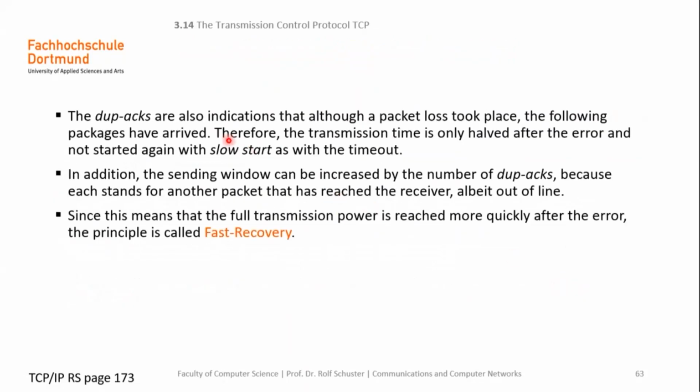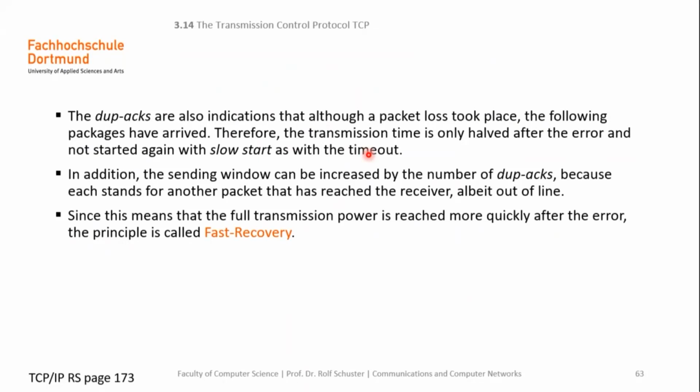The dupacks are also indications that although a packet loss took place, the following packets have arrived. Therefore, the transmission time is only halved after the error and not started again with a slow start as with the timeout. In addition, the sending window can be increased. The sending window, that is the congestion window, can be increased by the number of dupacks because each stands for another packet that has reached the receiver, albeit out of line. Since this means that the full transmission power is reached more quickly after the error, the principle is called fast